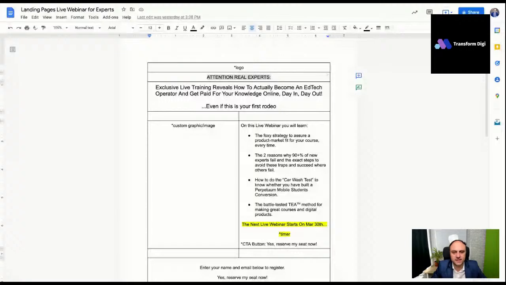So I will duplicate this, clone, then I would like to decrease the size. I will go with 1.2 REM. That's HTML and CSS language. It's relative to the main font. Here the main font is 16 pixels, so we are going to use REM 1.2, and here REM 2.0 is fine. Basically, that's good for different types of devices. If you go, for example, to tablet, or if you go to a mobile,